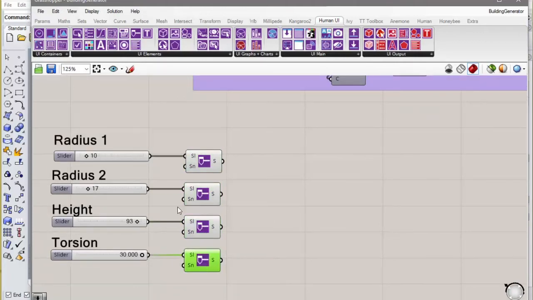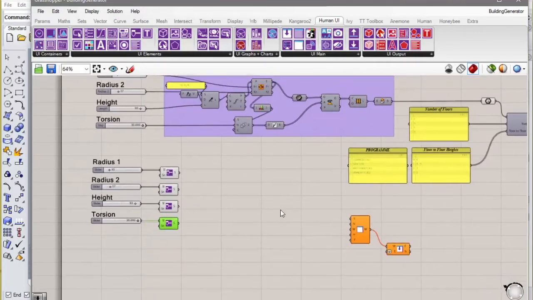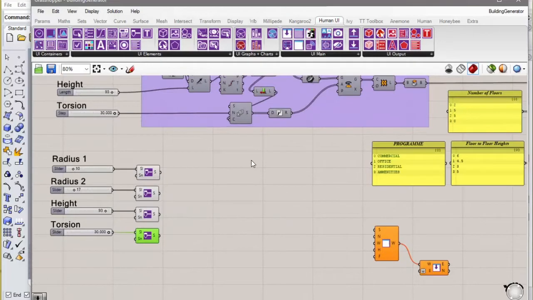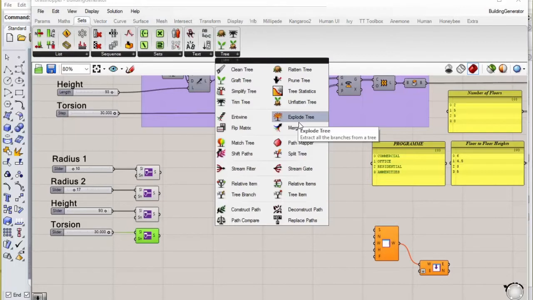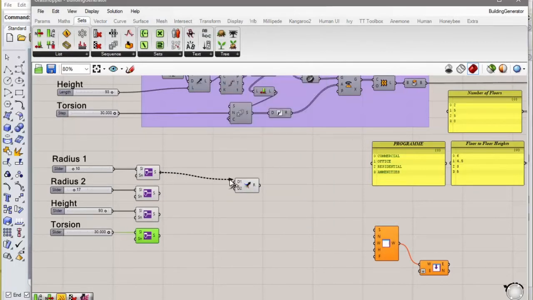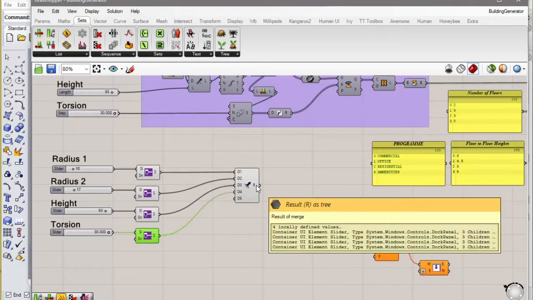Now that's 4 of them for this. And what we want to do is then just merge them into one of these components so we can control them a bit better.